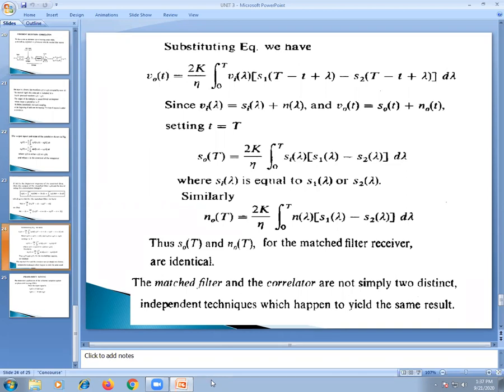Okay. So this is a cross correlation and a matched filter. Both give the same result. Those are independent techniques, matched filter and cross correlation function. Both are independent techniques that give the same results because output and input are compared. Okay. So now you can go for application orientation.